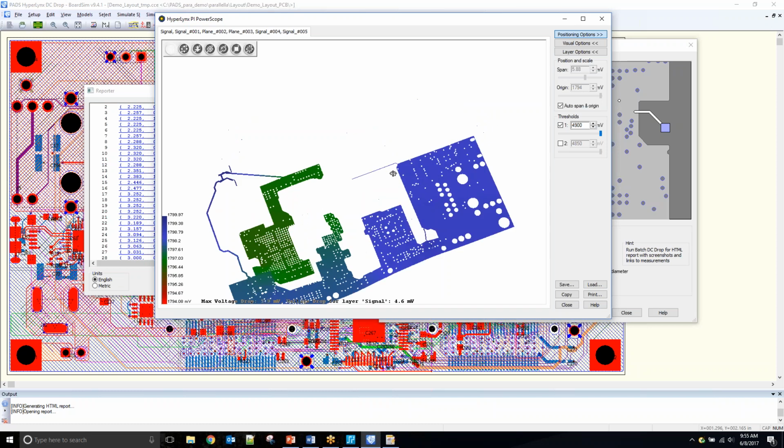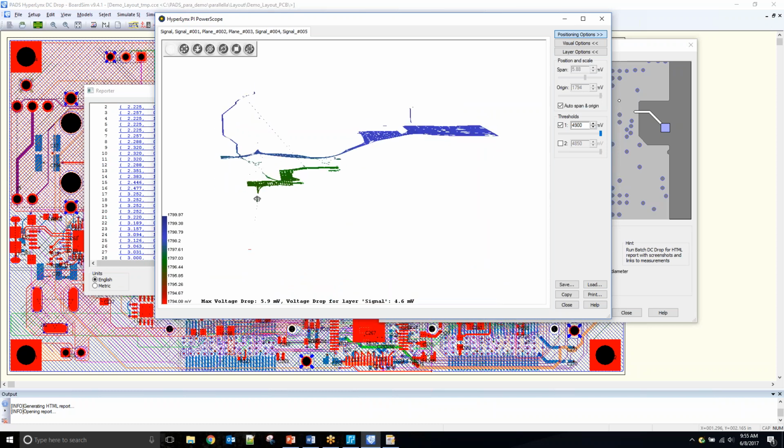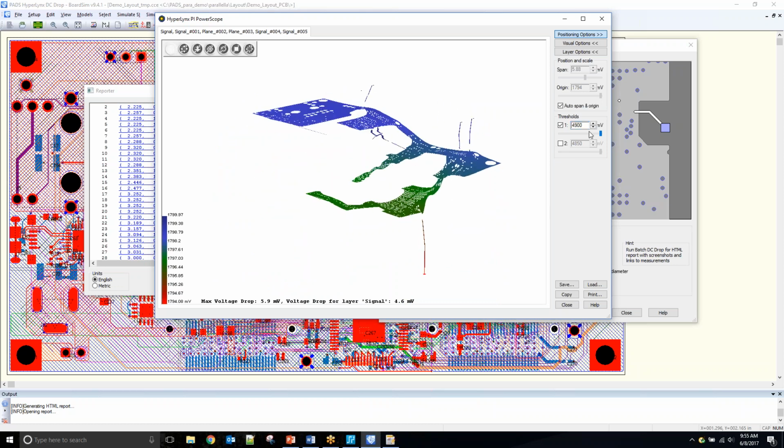Okay. So very powerful and easy to understand what's going on here. We also have the ability to set a threshold. So if I make this a little bit easier to see, we can actually see a threshold. So I can set a threshold for